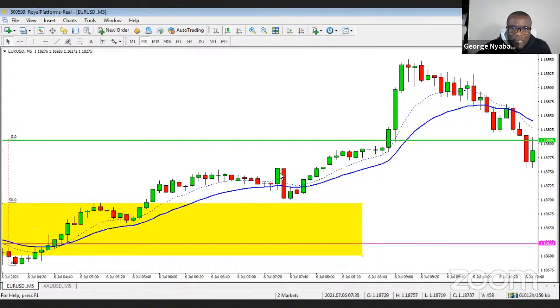Then I get this bear candle. And I'm saying, oh, okay, so maybe the bears are coming back. They're trying to create a double top here of sorts. Maybe they're just looking at this pullback and saying, well, let's take profits, let's defend that. There's my close beneath the moving average. If I get follow through beneath this, then I'm saying, okay, maybe the thesis has changed. Maybe the bears are now in control of the market.